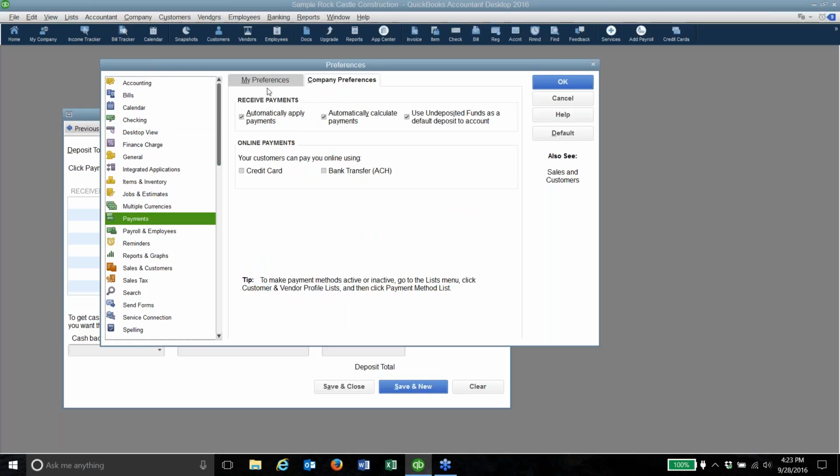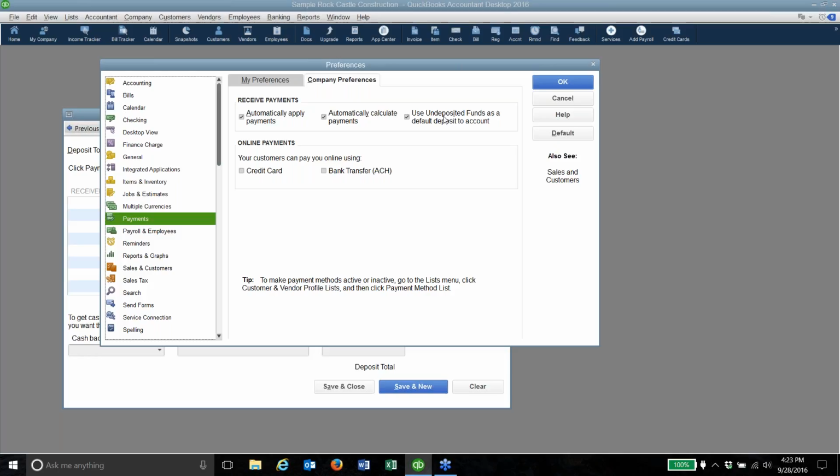Payments, there we are. Okay. You want to set it up under company preferences that you always use undeposited funds as your default deposit account. That's the one. You can check these two if you want, and I would if I were you, but make